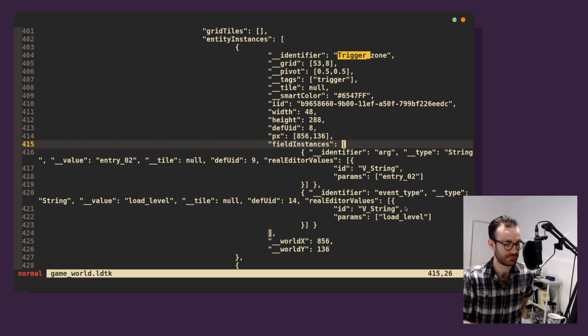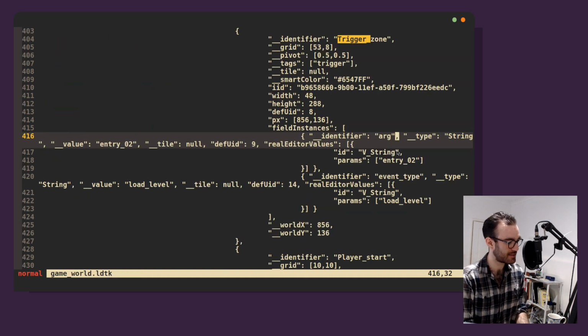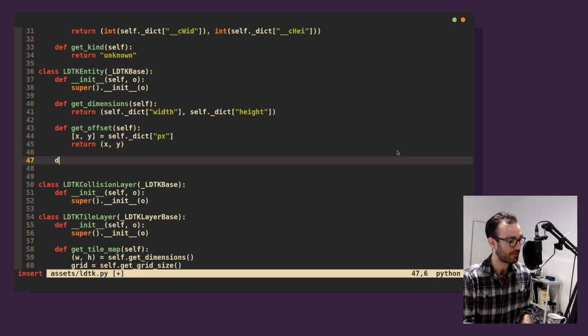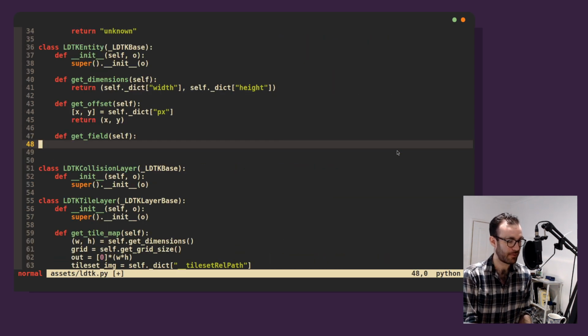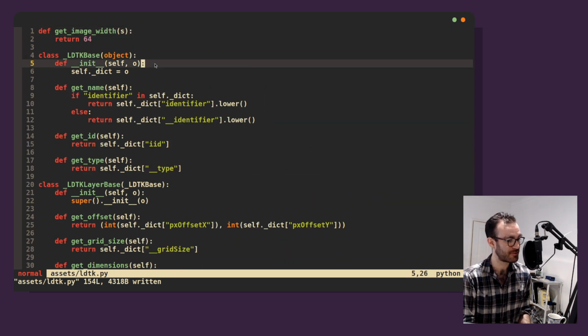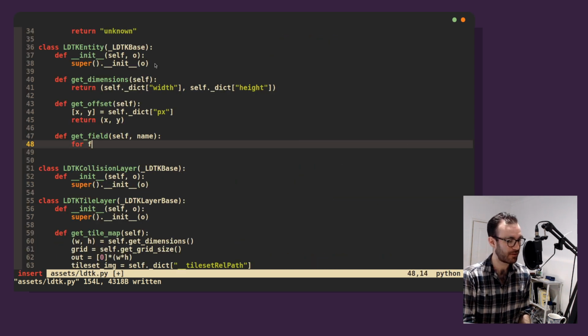Now, I think we want an API that says in our entity, let's do it from here. Let's have a thing that says get field now, and it should have a name as well. And maybe this should be more generic. Maybe this should actually go on like our base type or something. Maybe this should be part of that. And we'd just say like, let's do this. Let's say for field in